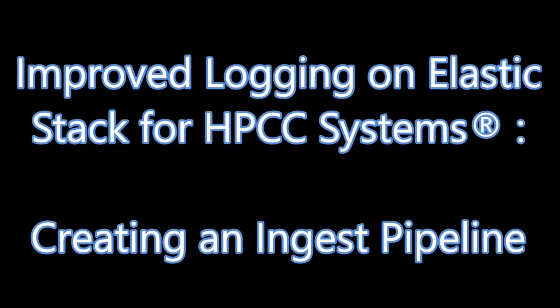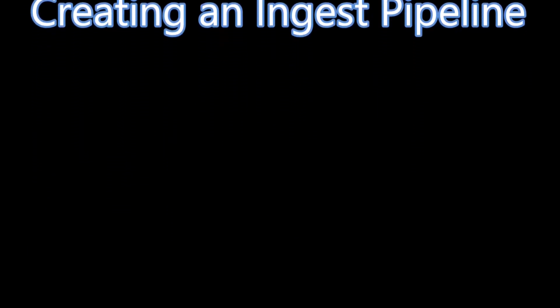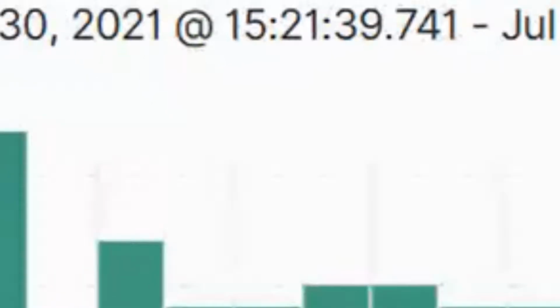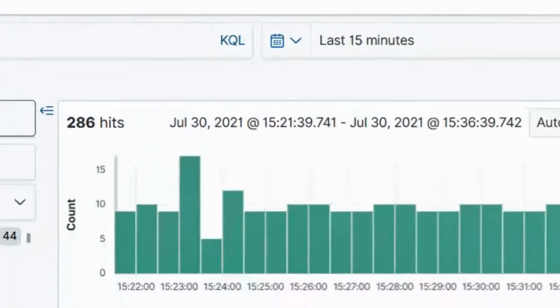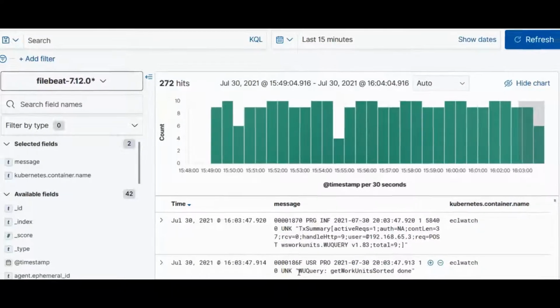In the first part of our two-part video series, we illustrated our simple end-to-end log management strategy. We showed how to pull down and deploy the Elastic for HPCC logs chart on a single node Docker Desktop instance. We illustrated how to access, navigate, and query our log data using the Kibana interface. This video will expand on that topic, giving the format of the log data index in Elasticsearch by using an